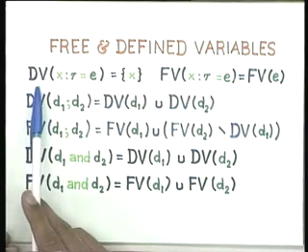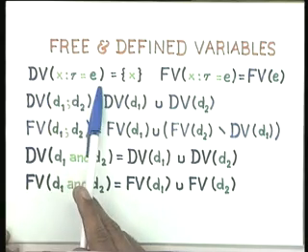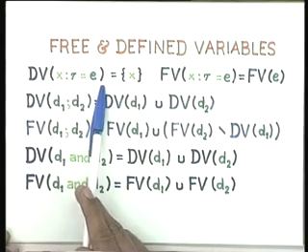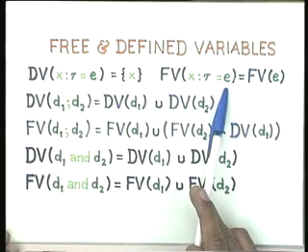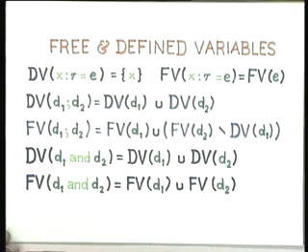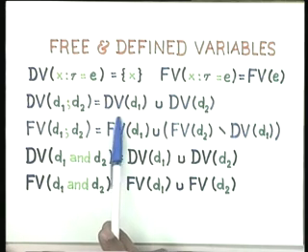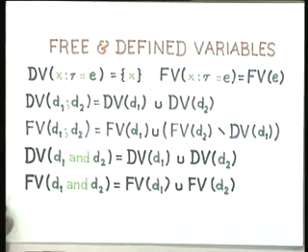The base case is something of this form. The only defined variable here is x, and every variable that is free in E is free in this entire declaration. And when you compose declarations, you get similar structurally defined sets of defined variables and free variables. It is important to realize that